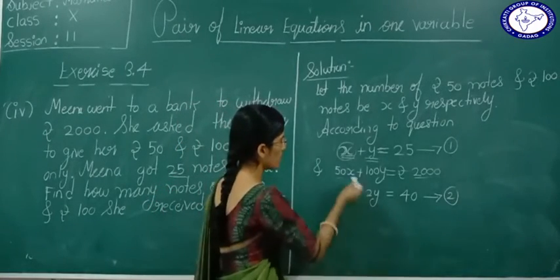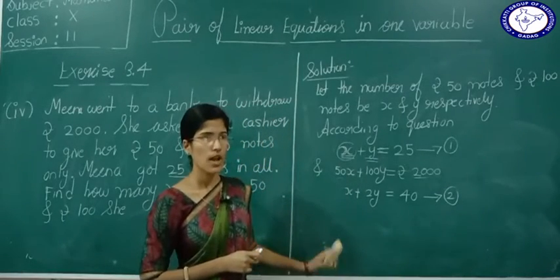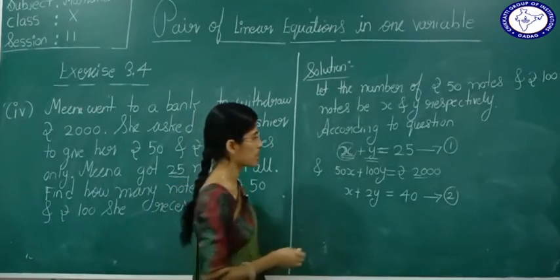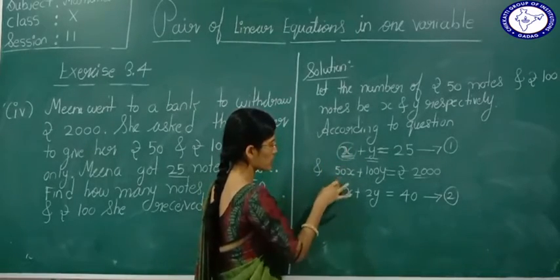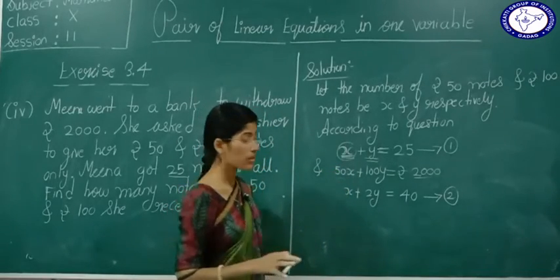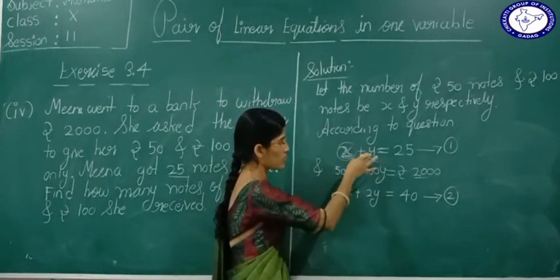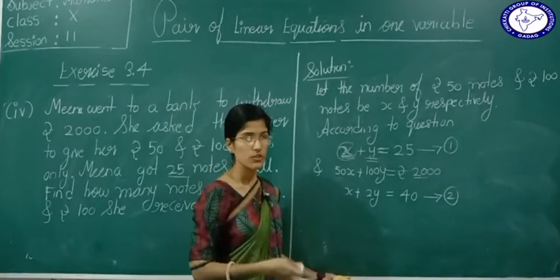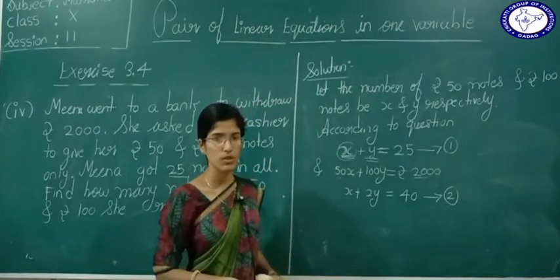Now see, by the elimination method we have to find the solution of this. To eliminate, it's your choice whether you want to eliminate x or y. Here I will eliminate x because the x coefficient is the same. If you want to eliminate y, the y coefficient should be the same, so you have to multiply equation 1 by 2. Instead of that, if you do the simplification in an easier way, it will be good, right?